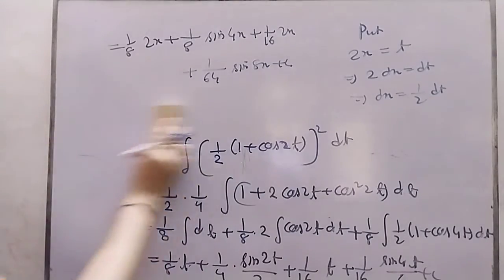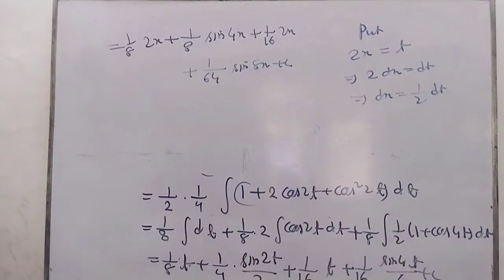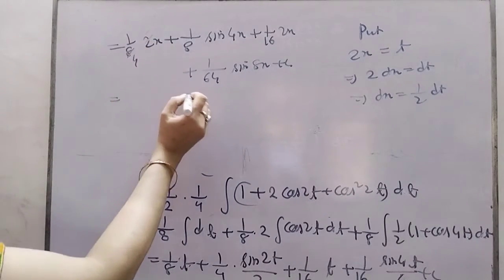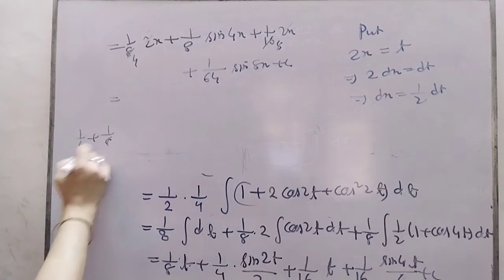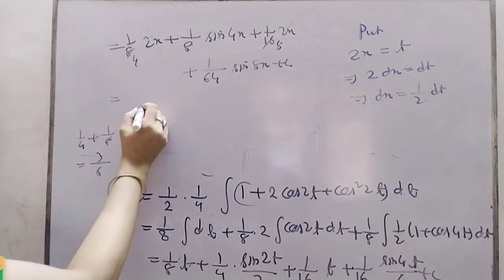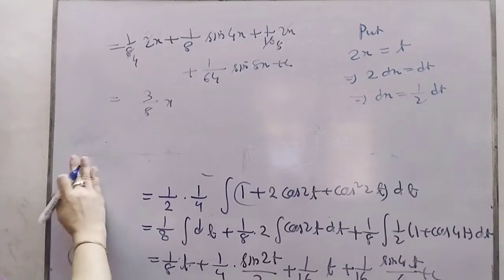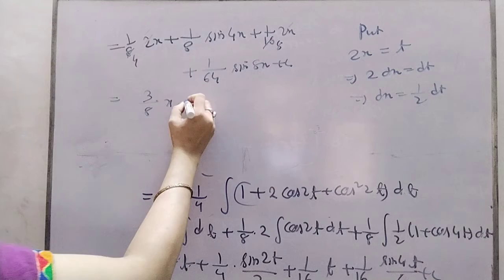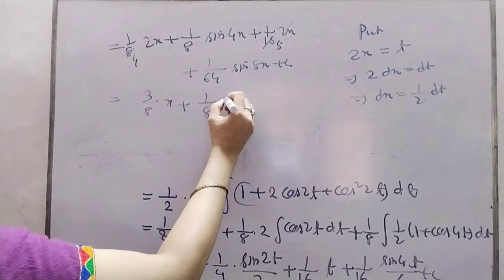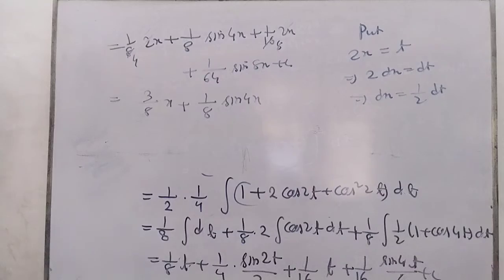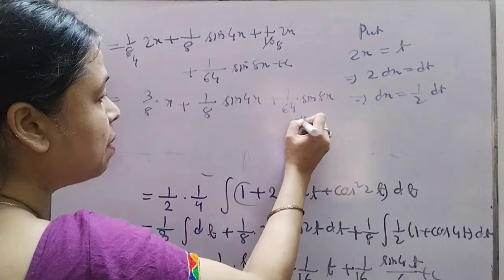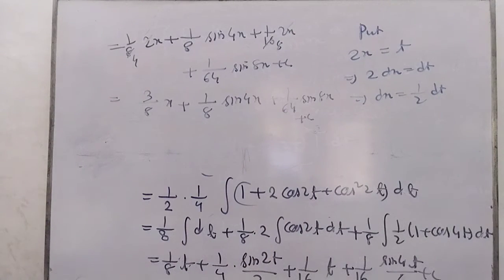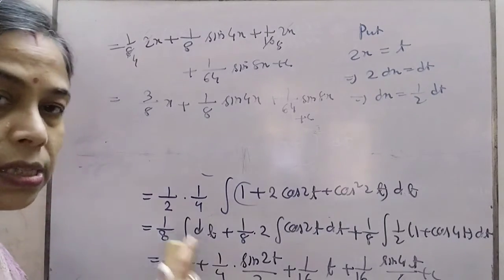Now I have to combine some of the expressions together to do the calculation here. It is 1 by 4 and I can combine this also 1 by 8. 1 by 4 plus 1 by 8. 8 is the LCM, 3 by 8. So I'll get here 3 by 8x. Then here no need to do any substitution. Simplification is not done here. It is completed. And here also it is completed. It is 1 by 64 sine 8x plus c. So this solution is also completed. Hope you understand how to do this type of questions.